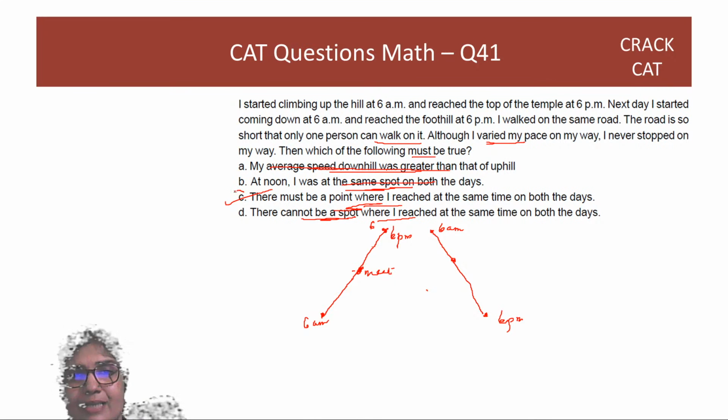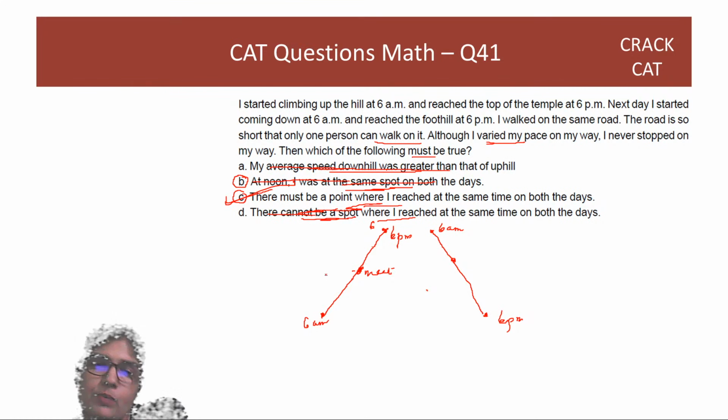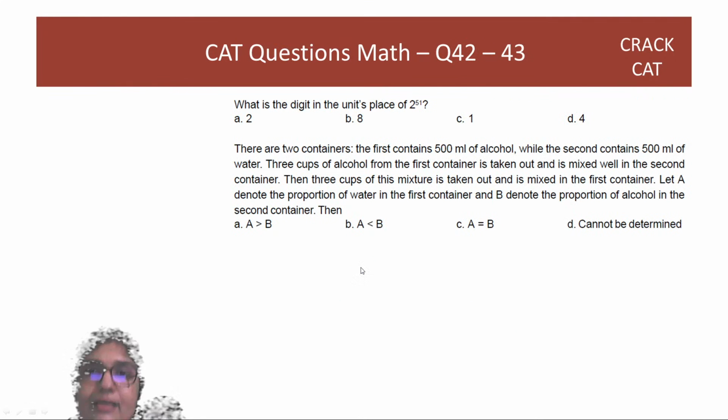And if you see, C is a more relaxed condition of B. So more than B, C will have to be true. Right? And hence here the answer. I hope you can see the logic of why C is the answer. Instead of having two people, same person on 2 different days, you have 2 people on the same day, and you can see why they will have to meet, right?